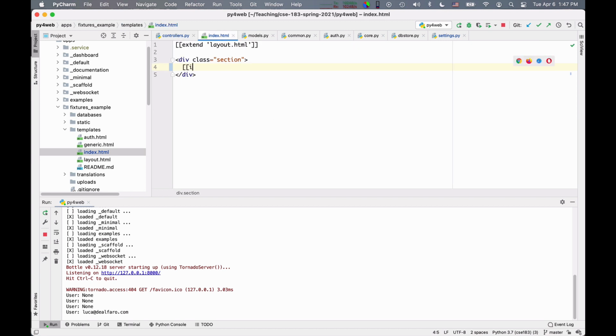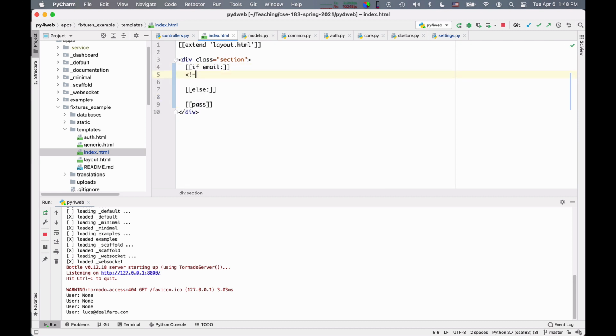So I can say if user email, did I call it this way? I'm sorry, email simply. If email, okay, and then I will have an else block. So I can even add HTML comments.